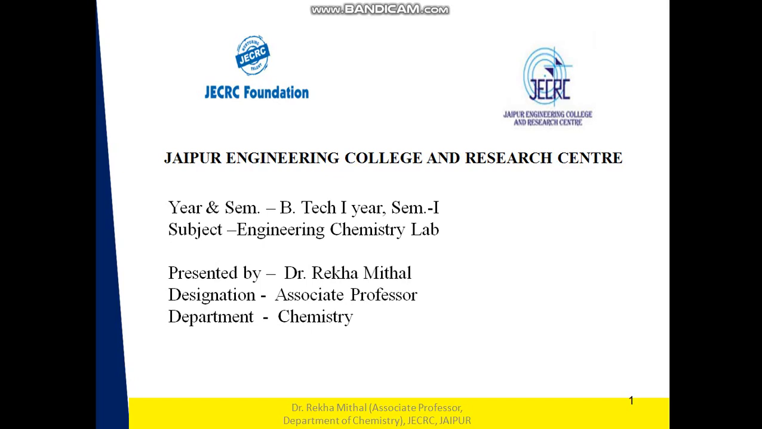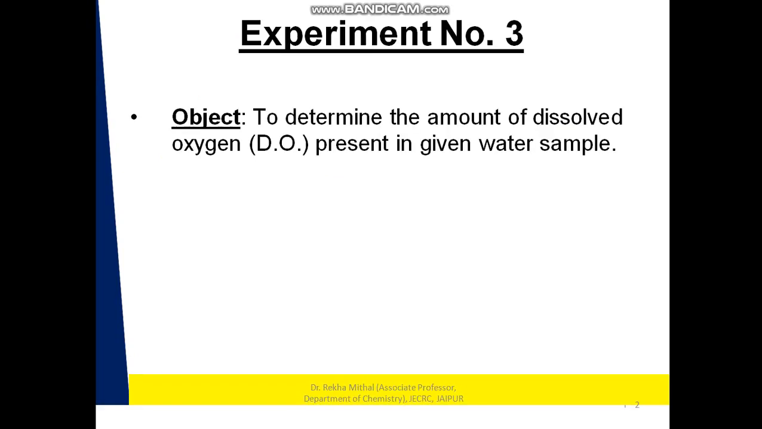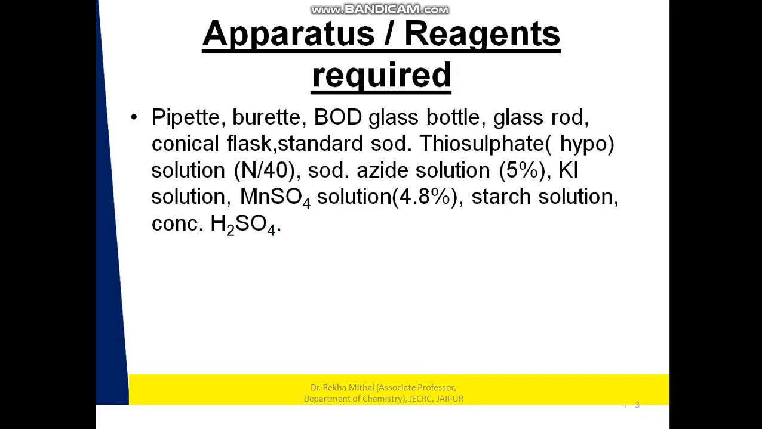Today we'll discuss experiment number 3. The objective of experiment number 3 is to determine the amount of dissolved oxygen, that is DO, present in a given water sample. Now the apparatus and reagents required: pipette, burette, BOD glass bottle, glass rod, conical flask, standard sodium thiosulfate